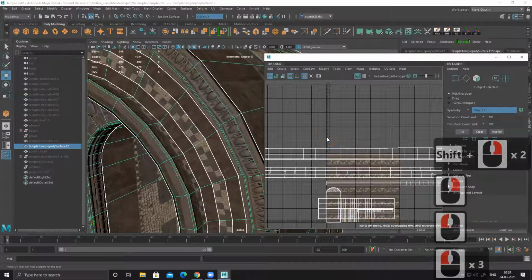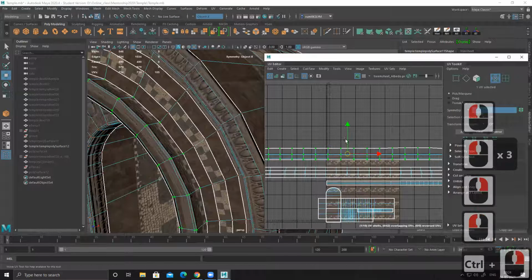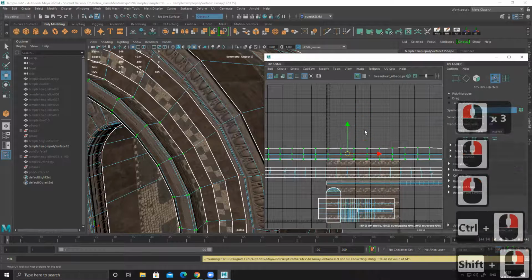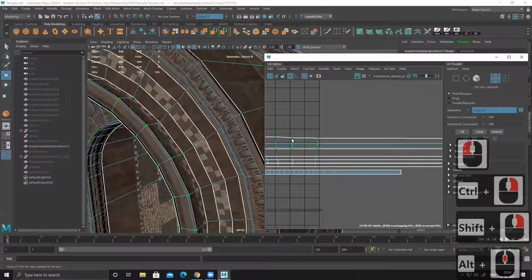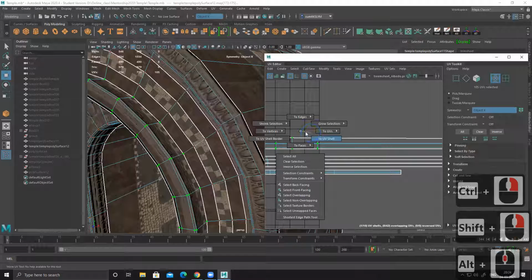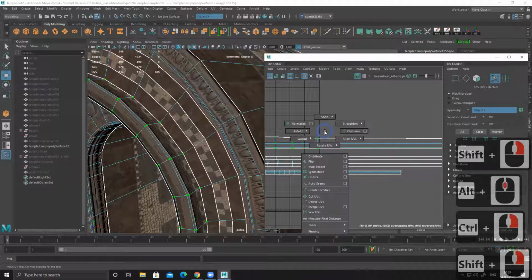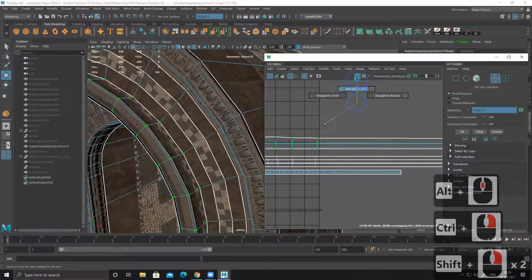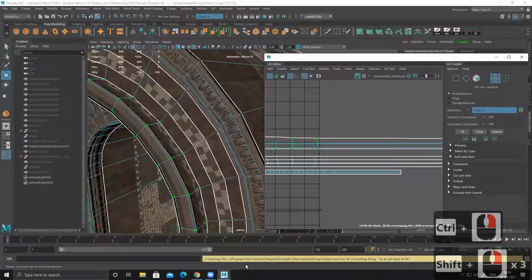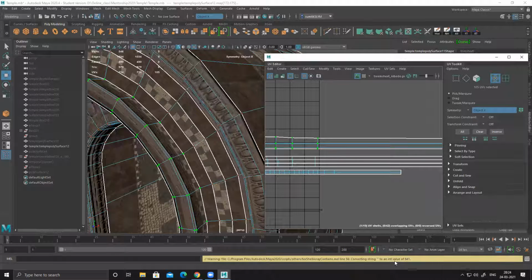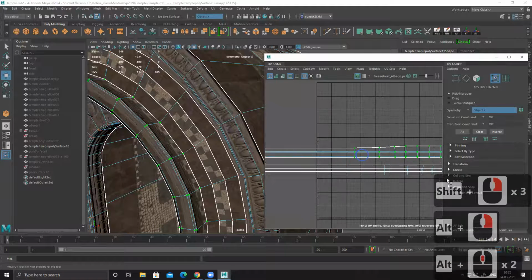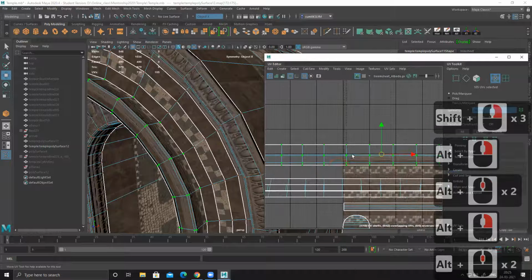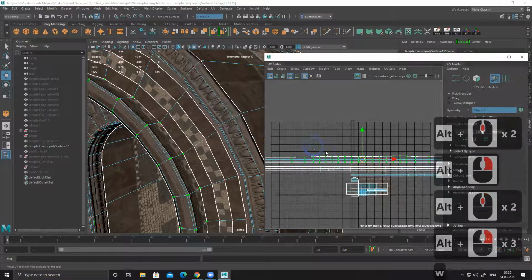See, what error is it showing? Everything is straight except this top line. Okay.